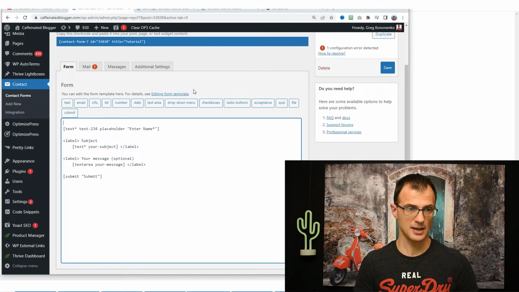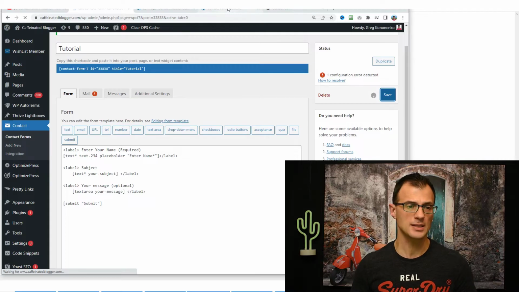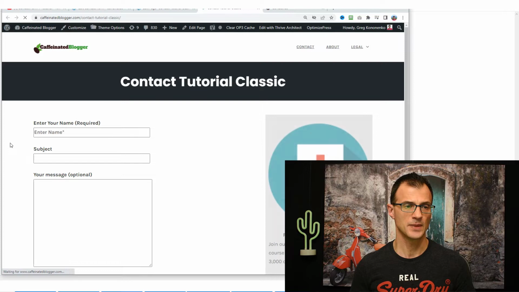I'm going to copy it, and then I'm going to insert it here, and then I'm going to say enter your name required like this, and then we just need to close this label. So just insert this tag straight after over here like this. Now we can click Save and preview how this works. This is now going to position the enter your name prompt just above this field. So there we go. Now we've got enter your name required, and we've got this default value over here.